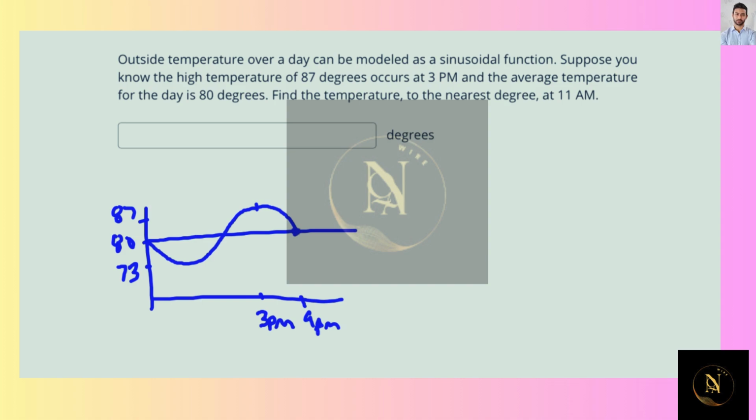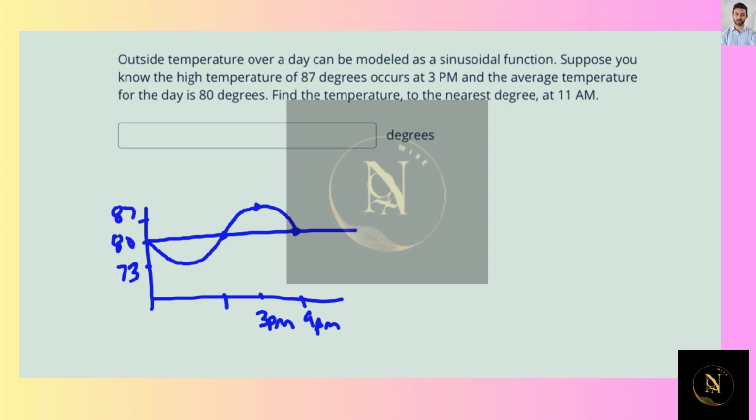So if 3 is the high, then we're back to the middle at 9. Also 6 hours less than 3, which would be at,